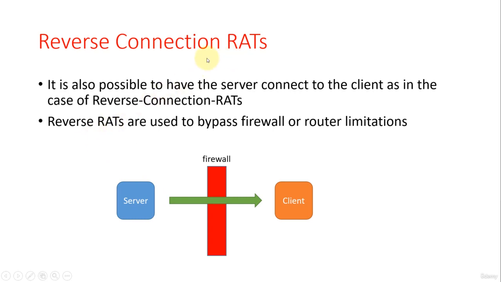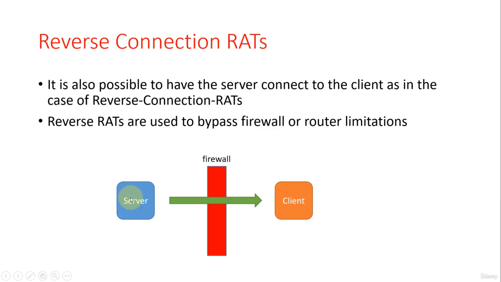Reverse connection RATs, remote access tools. It is also possible to have the server connect to the client, as in the case of reverse connection RATs. Reverse RATs are used to bypass firewall or router limitations. Normally, computers sitting behind a router or a firewall cannot be reached from outside because the firewall will block the connection. So if you are planning to target a particular machine inside, after you have managed to infiltrate through a phishing attack, for example, to install a